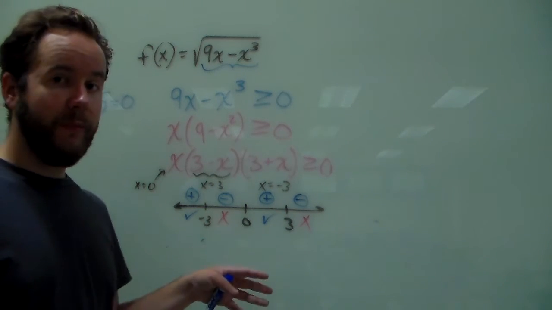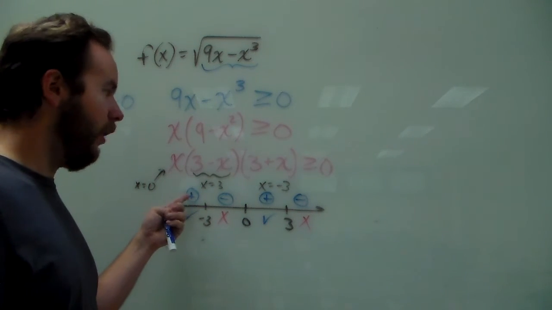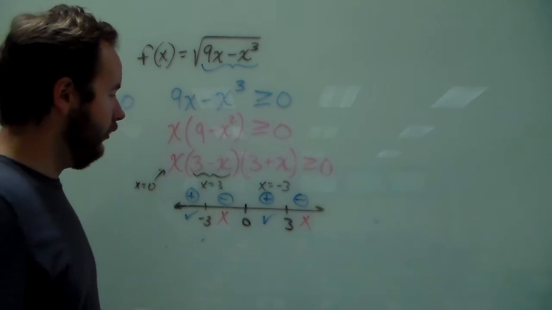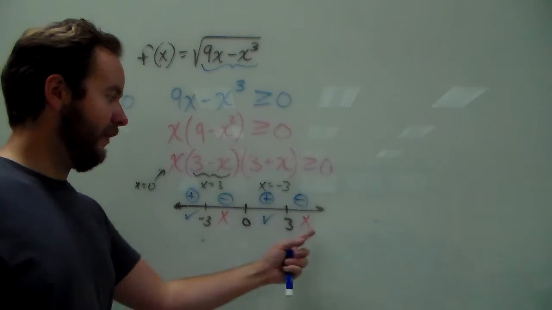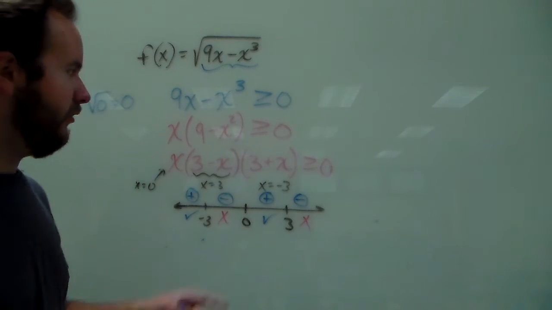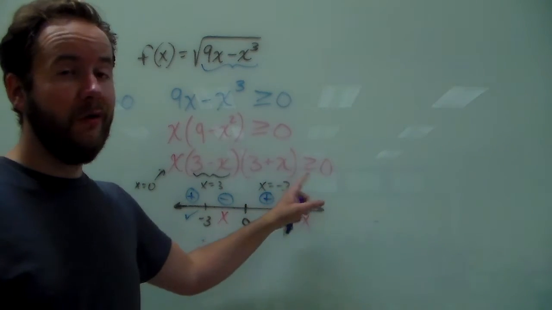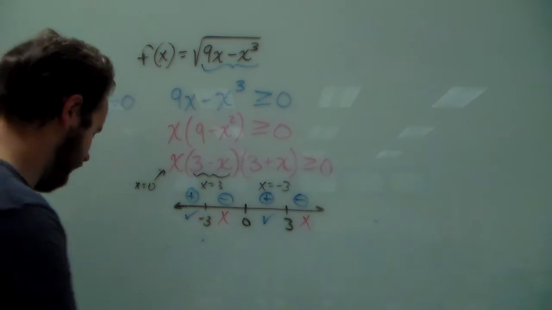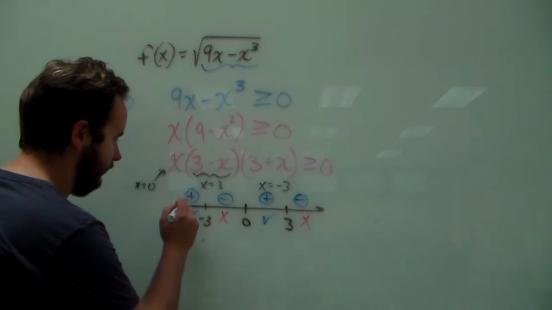So checks and X's work better than pluses or minuses, because you might think, oh, plus is good, so I should always include plus. Well, there might be instances where you want the negative. So a negative is going to be preferred, and so you actually want these guys as opposed to these guys. So make sure you're paying attention to the condition here. The condition here is greater than or equal to 0, and those are these intervals here. Okay, so that means I want this interval